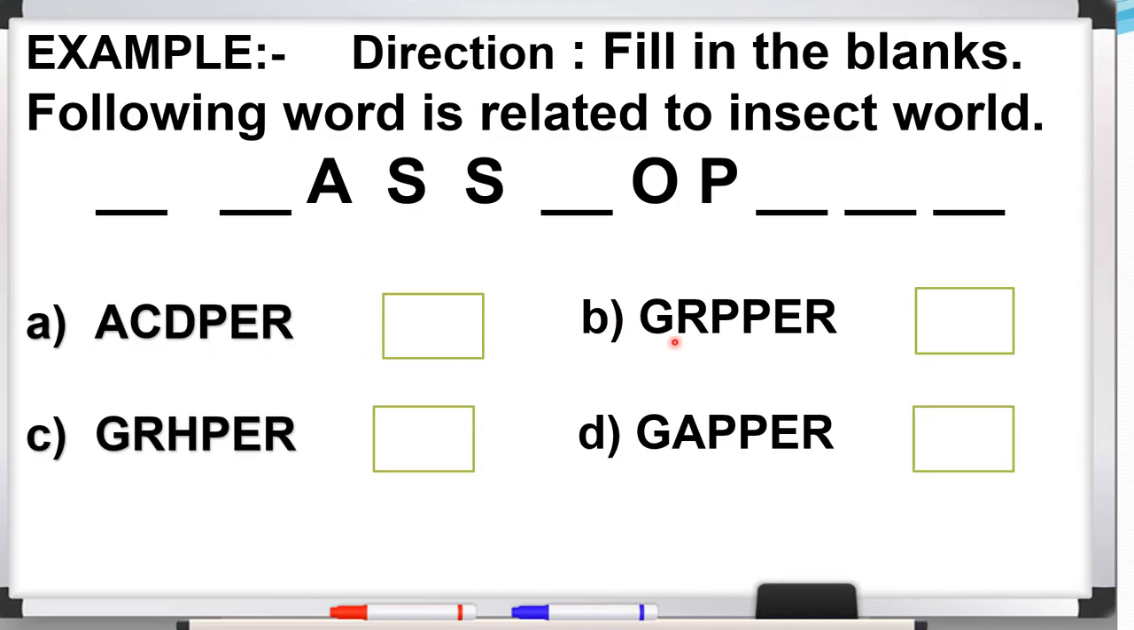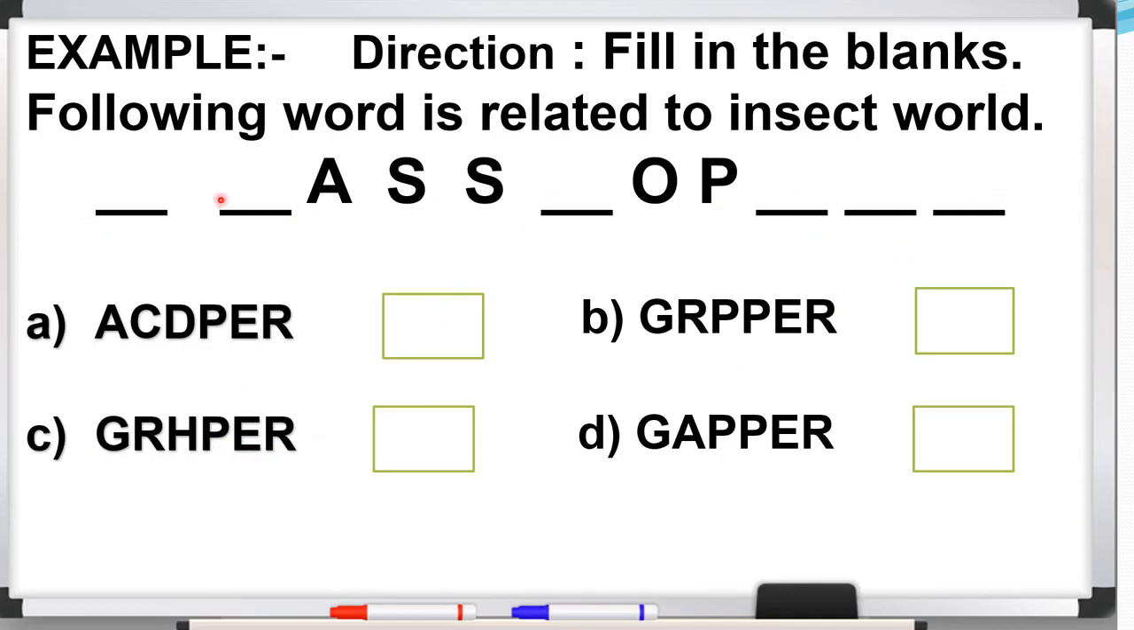Now in B part GR हम यहाँ पर fill करके देखते हैं, GR ASS, that becomes grass, okay, and grass तो हमारा insect word से related है. नेक्स्ट करते हैं हम पी पी, तो यहाँ पर अगर हम पी लगाएंगे तो बन जाएगा पॉप, और ग्रास पॉप तो कोई वर्ड नहीं होता है, so we will leave this option. Now we have to fill option number C here. G R ASS, grass बन रहा है हमारा, then HOP hop, then PER, PER जब यहाँ लगाएंगे तो हमारा पूरा